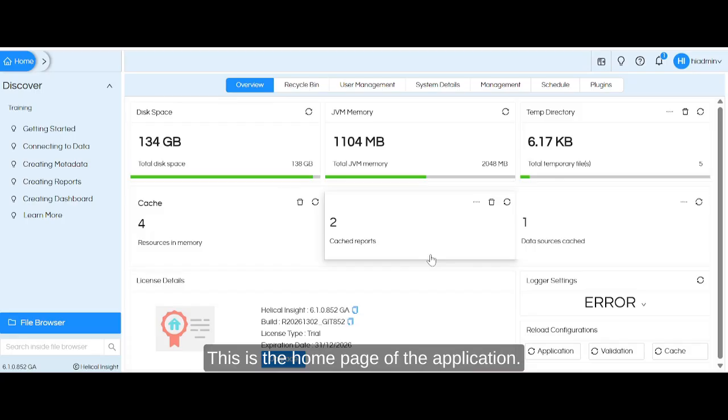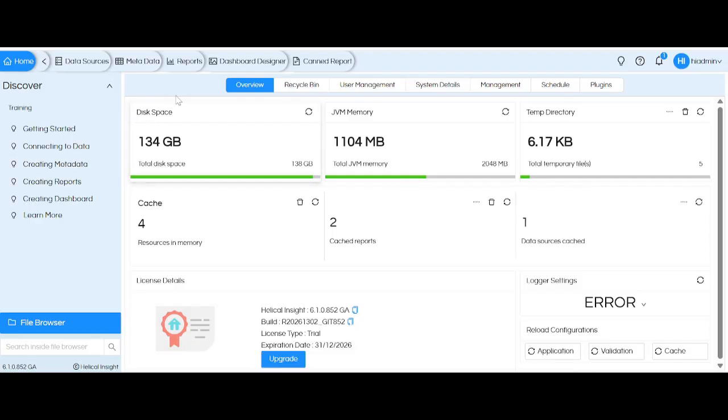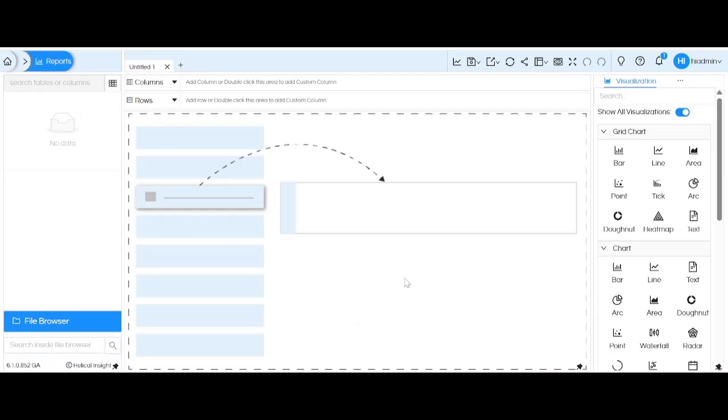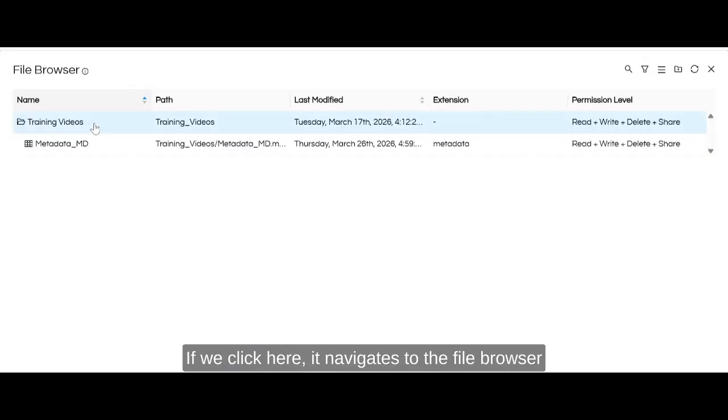This is the home page of the application. Click on the ribbon icon, which is right to the home button, and click on the reports. This is the Adhoc reporting module. On the left side we can see a grid icon. If we click here, it navigates to the file browser